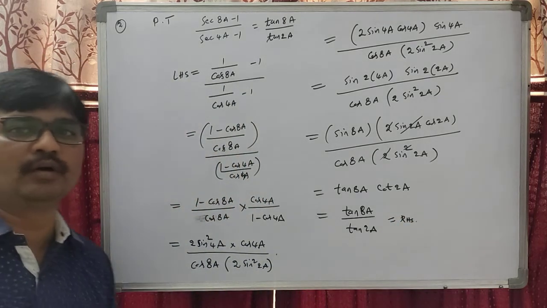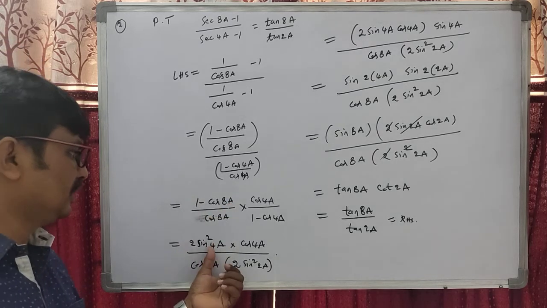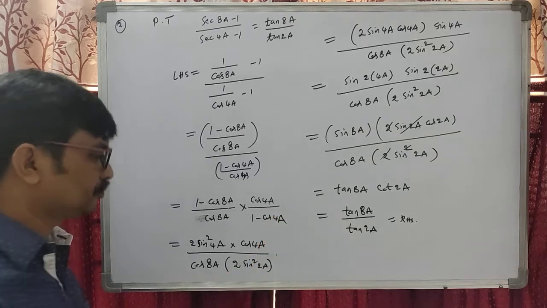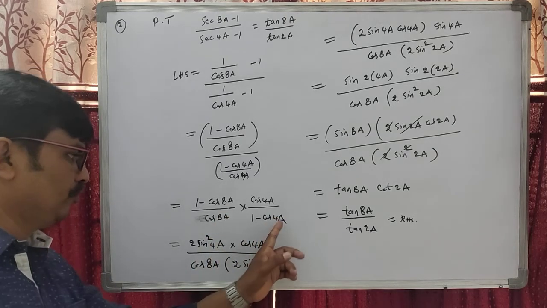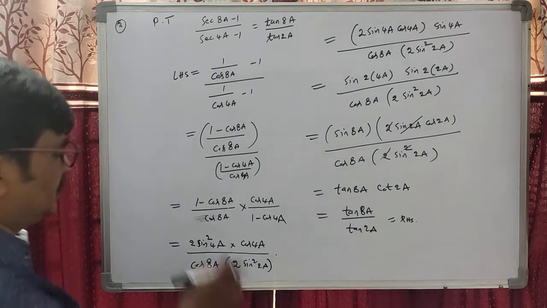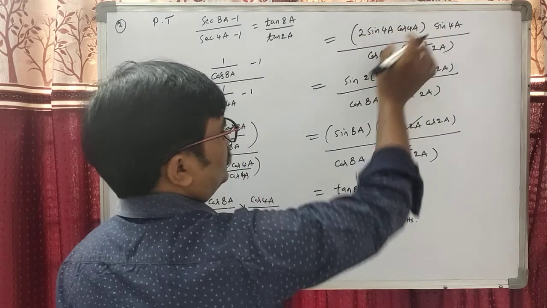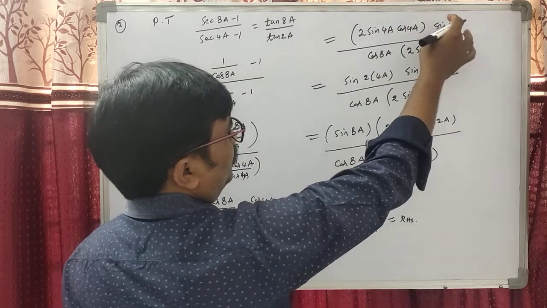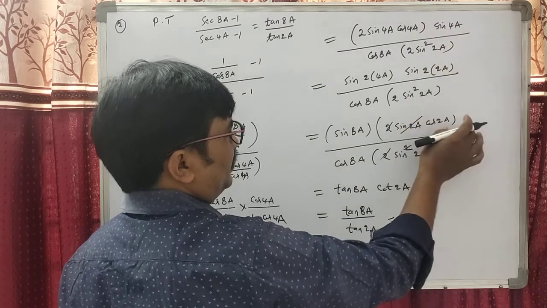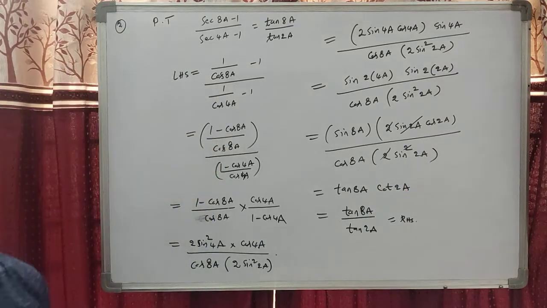Write down, students. Here we can apply 1 minus cos 2a equals 2 sin square a. Here also, 1 minus cos 2a is 2 sin square a. 8a by 2 is 4a, 4a by 2 is 2a. After that this can be written as sin of 4a into sin of 4a. 2 sin a cos a is sin 2a, therefore sin 4a can be written as 2 into 2a, sin 2a form, 2 sin 2a cos 2a. Therefore cos 2a by sin 2a is cot of 2a. Write down, students.